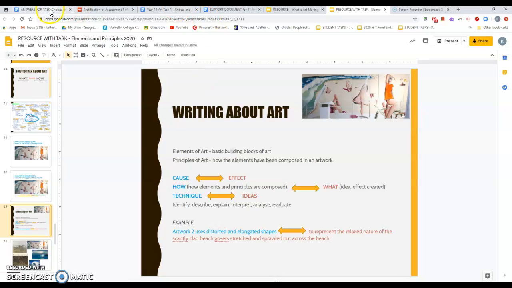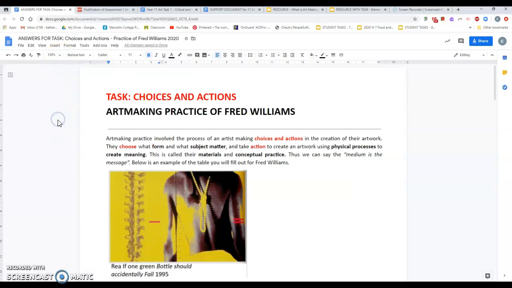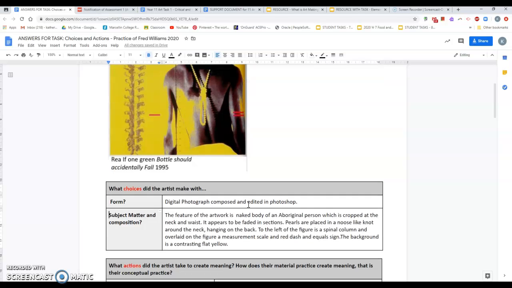Okay, we're just going to have a look at this document here, because this, as I said, forms the basis of your assessment task. And you would have done this for Fred Williams. Okay, so very quickly about this artwork, which was the model response. It's an Aboriginal artist, and they're exploring the mistreatment of the Aboriginal people through the stolen generation and what happened during colonisation. So if you had a little read through it,